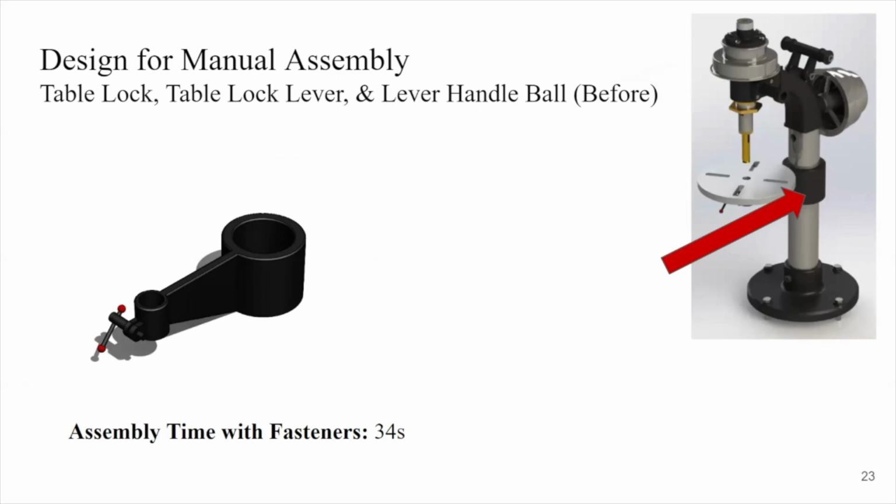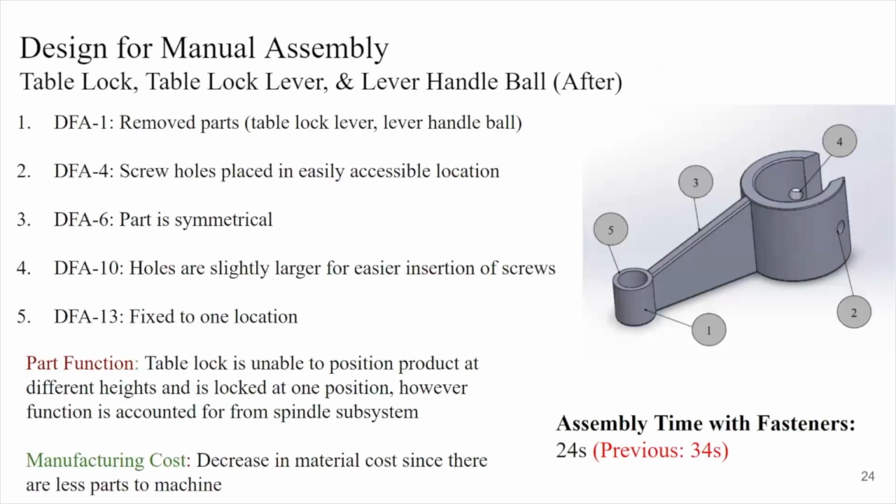As for the table lock lever and lever handle ball, it took 34 seconds to assemble. We improved the design for manual assembly by removing the table lock lever and lever handle ball. We removed those parts because they didn't serve their function of defining position to its best. We also moved the screw holes to a more easily accessible location, and we made the part more symmetrical. The screw holes were also slightly larger for easier insertion of screws, and this part was fixed to one location